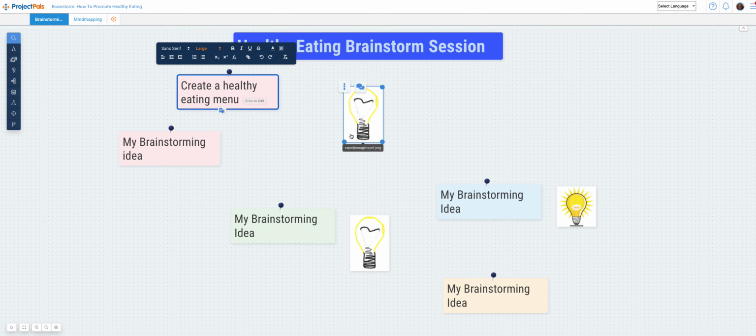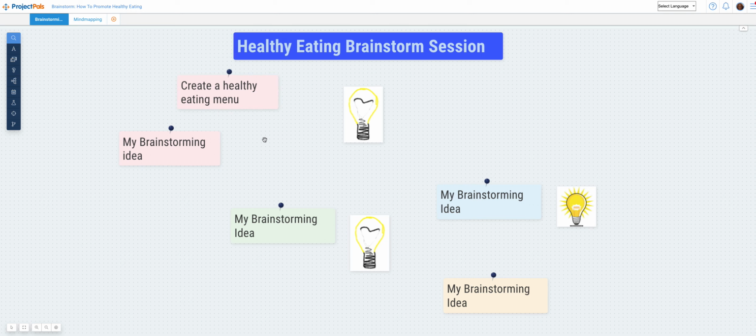One of them is to create maybe a drawing of my idea, and they can use any digital application to draw their ideas and then import it into Project Pulse. Another way is to just go to the internet and find any image that's relevant, or video or GIF or anything else that substantiates what they are saying. This also can be used to establish all the resources that these students want to use in order to either create their essay after that, or maybe a project about healthy eating. So for example, they can go to